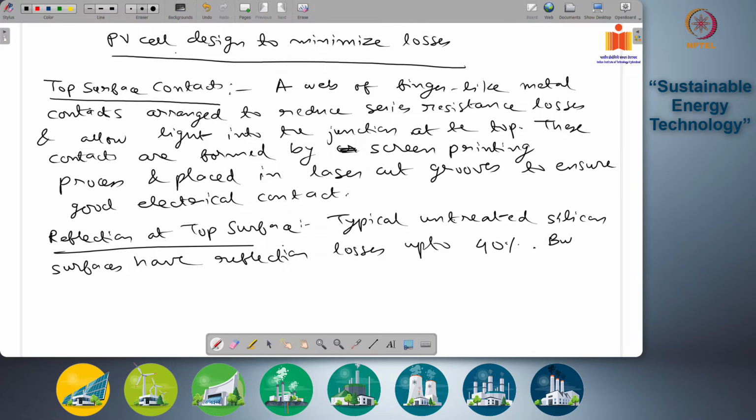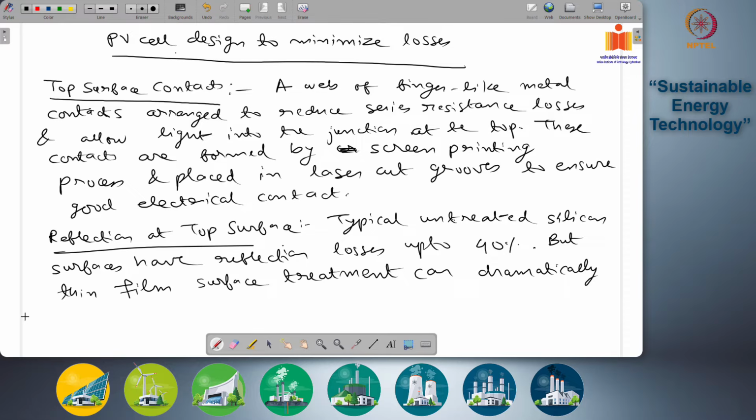But thin film surface treatment can dramatically reduce the amount of reflection